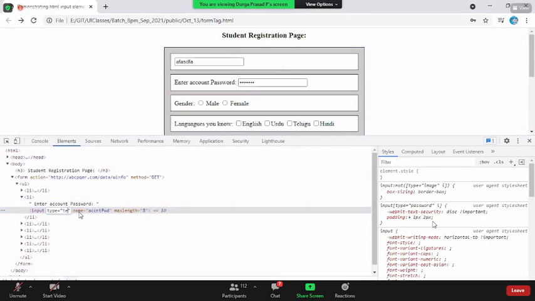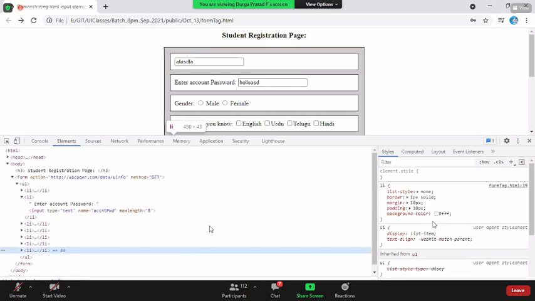If I make it text, can I see the password or not? Yes. So what is the simple logic you need to follow? When the user clicks on that icon, make the input element text. When he unclicks it, make the input element password. But what needs to happen on click has to be done only with JavaScript. So through JavaScript, we can achieve that.